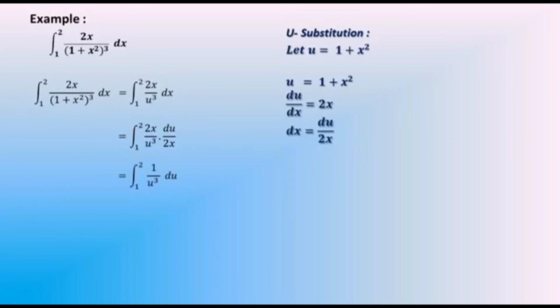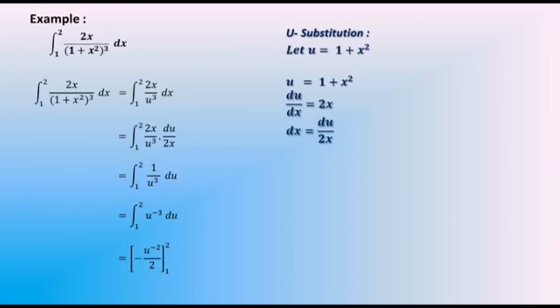Kita akan dapat 1 over u to the power of 3 du, dan kita boleh tukar 1 per u plus 3 kepada u to the power of negative 3. So kita akan dapat u to the power of negative 3 du, dan kita boleh integrate macam biasa, u to the power of negative 3